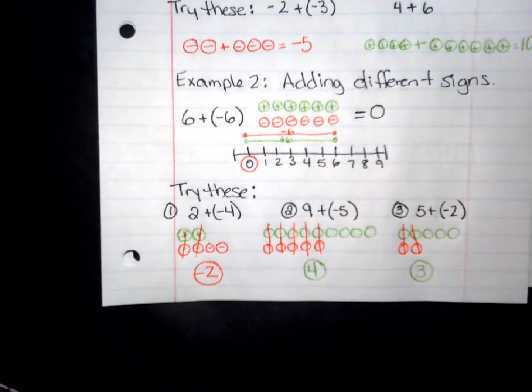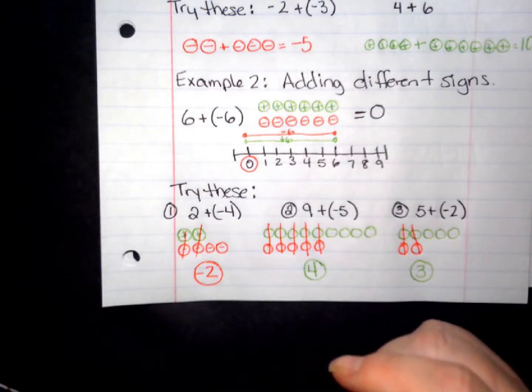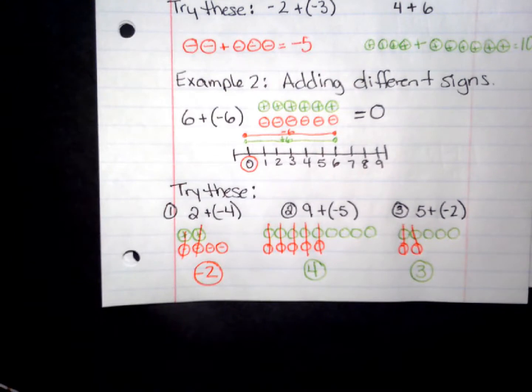Make sure that if you didn't do it while we were doing it in the video, you go back and make sure that you have this in your notes so that it will help you when you're working on today's practice assignment. Today's practice assignment is going to be a Google Slides activity where you're going to move chips and then you have to type your answer in the bottom right-hand corner, okay? So for each example, it's in a rectangle or a square box, and you have to move chips to it and show your